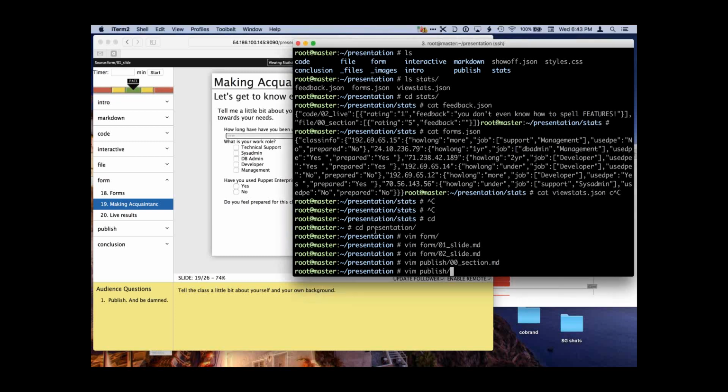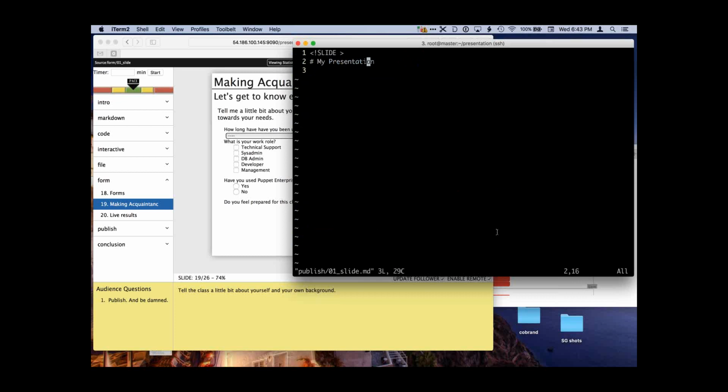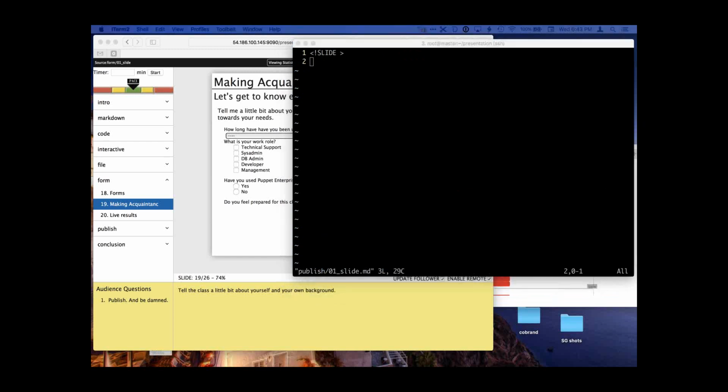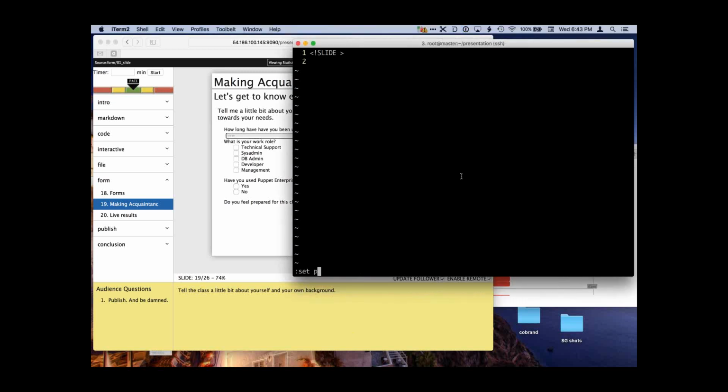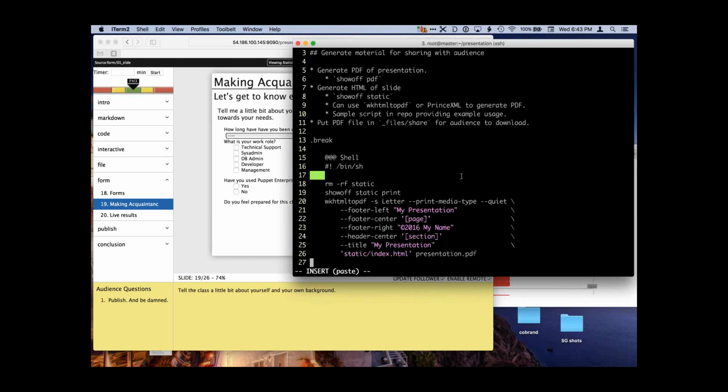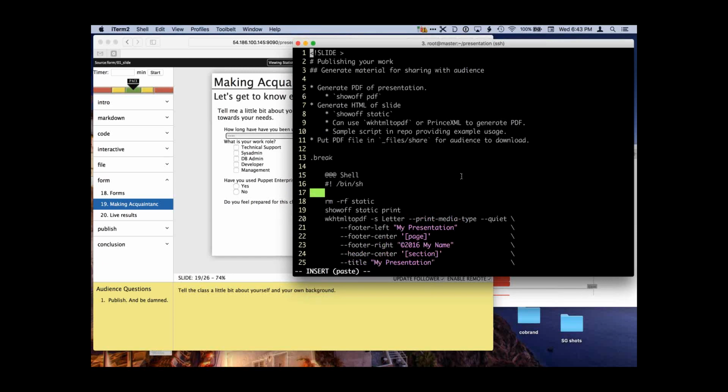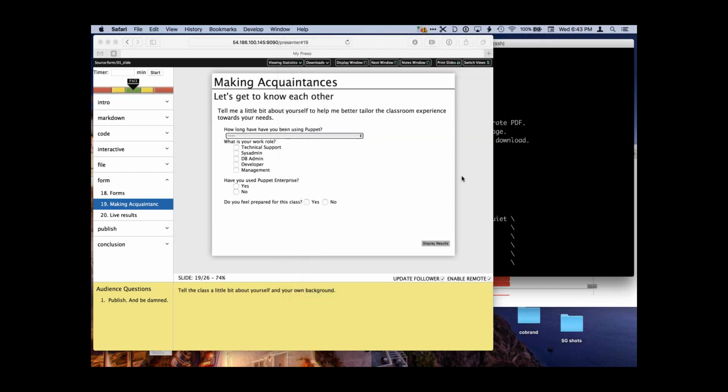So I'm going to edit 01. Actually, there's a lot of stuff here, including a script, so I'm going to cut and paste this one.